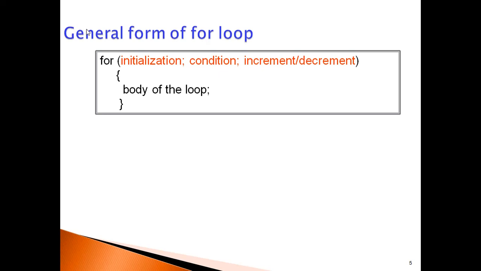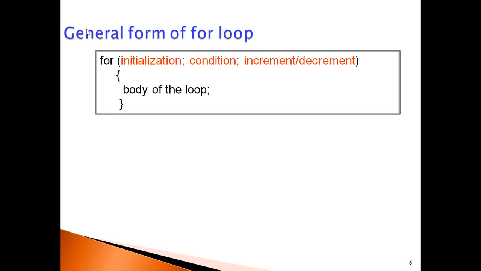At a glance, you can understand the for loop, the altering variable initialization and the condition, and whether it is incrementing or decrementing. By observing only the first statement of the for loop, we can understand which variable is used for altering the for loop, and the condition and increment.